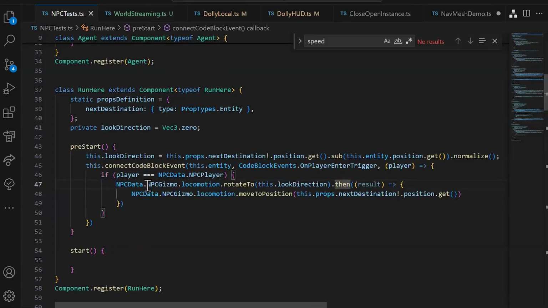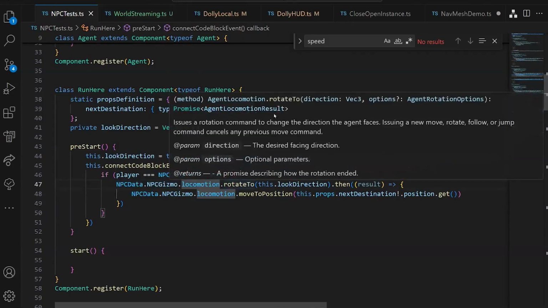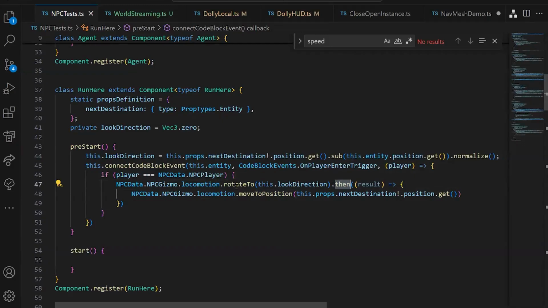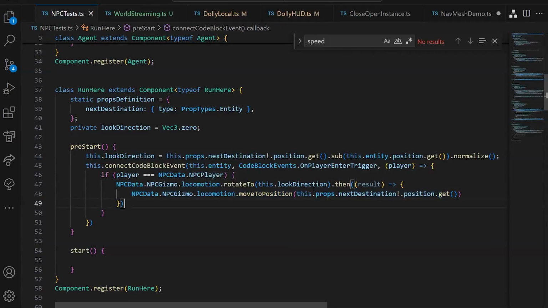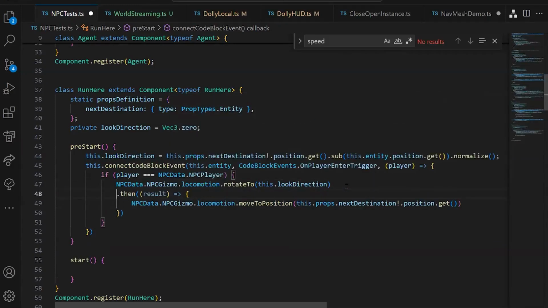Well, yeah, this is a promise as well. So basically I'm saying, hey, rotate the NPC, right? This is a promise. If I hover over this, you're gonna see here that it says, this is a promise. And then only when I'm done, then go ahead and move around. I could also do the same thing here. Just add a catch and say, hey,